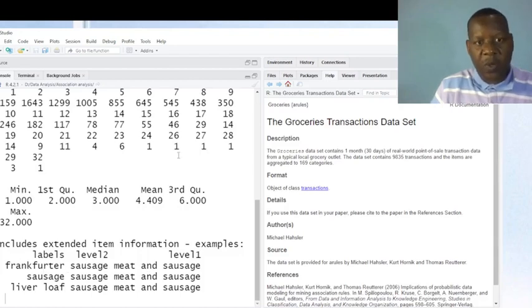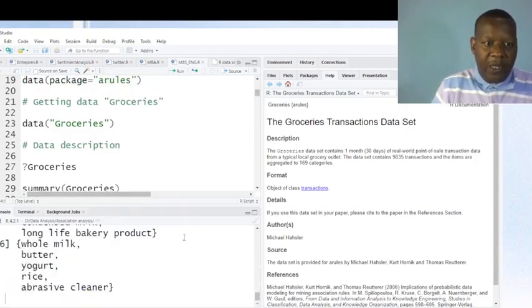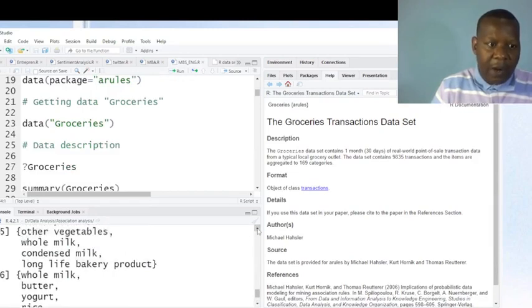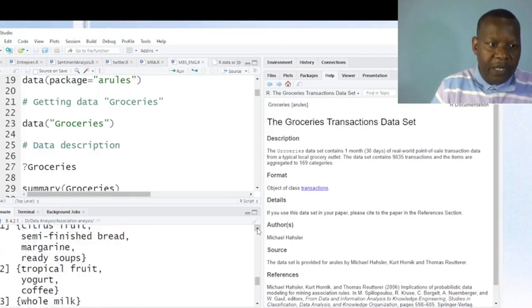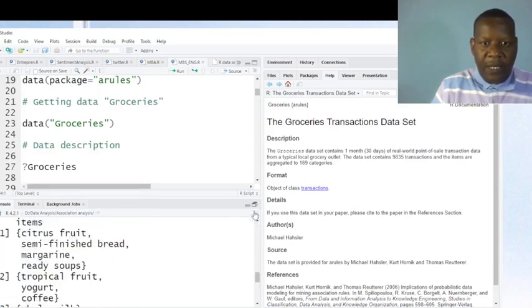This is the description of your data set, some instruction or some description on your data set. And you can also inspect some items, some products by running this command. You want to see those items, those products. And by running this command, you see the first transaction is made by these